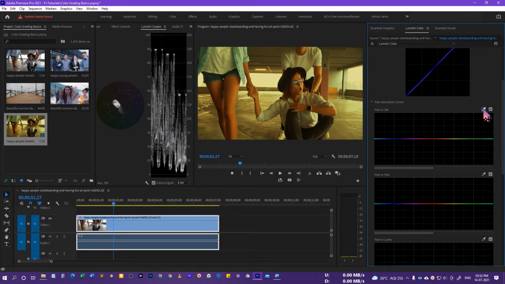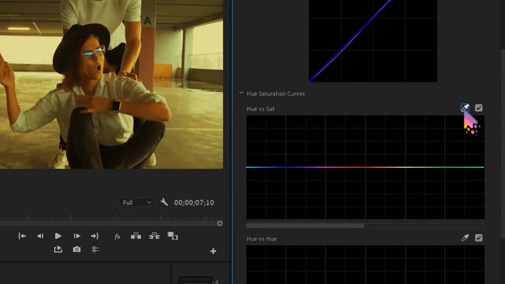So if I click on this color picker tool and click on, let's say, this color, that's going to create some points and select this color, and then we can adjust its saturation. We can just drag it down. You can see when we drag this line, in the bottom this is black and white, and if we drag it up, this is more saturated. So we can drag it up to add more saturation to that particular color, or drag it down to take away the saturation of that color. All right, so that's going to do this one.